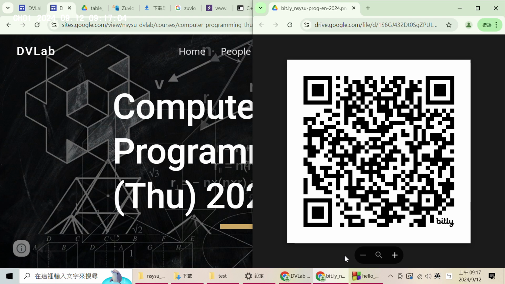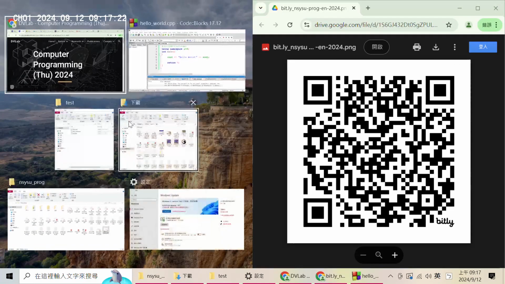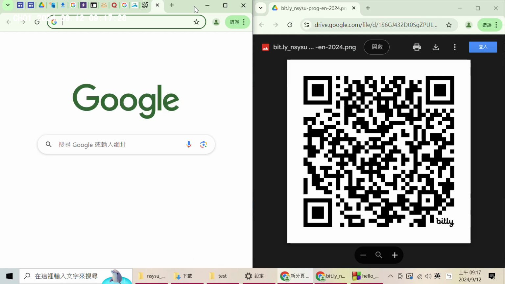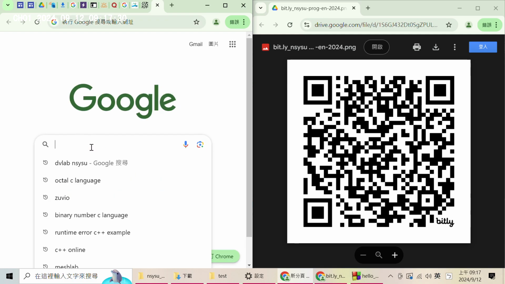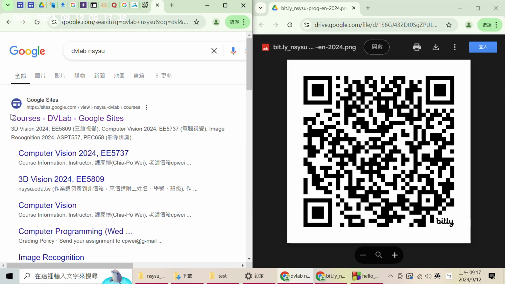Hello everyone. This course is computer programming, and we have a course website, and you can scan this QR code. Or you can search the DV Lab. Or you can search DV Lab NSYCU. Then you can find this is the website of my lab,